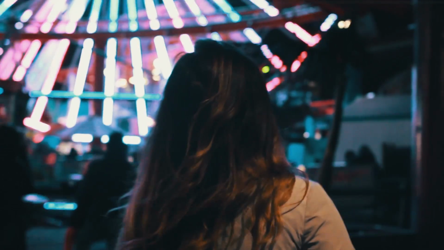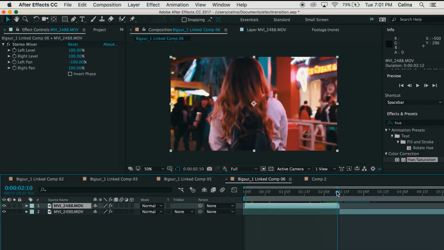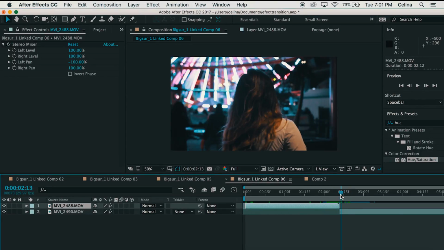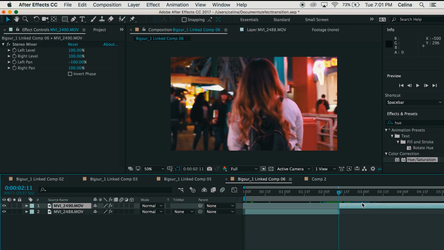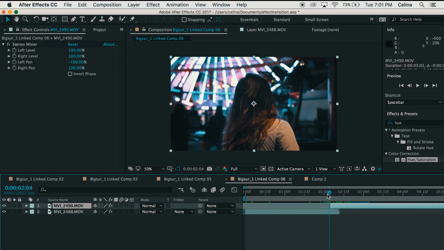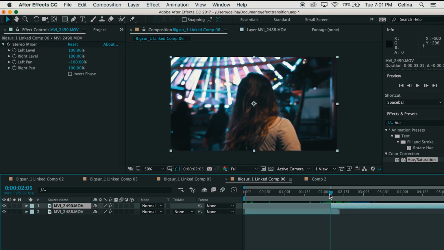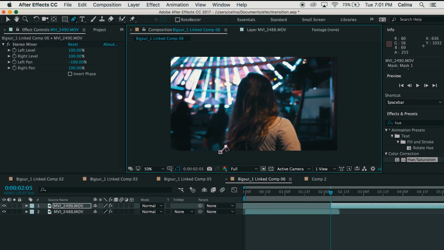This next effect is the masking transition. So here's what we're going to do. First, you want to drag your second clip up onto the top of your timeline, and then you want to drag it so that it overlaps the first clip. Now you're going to use your pen tool to mask out whatever you want to see first when you transition into the next clip. So first I'm going to mask out the person in this video,